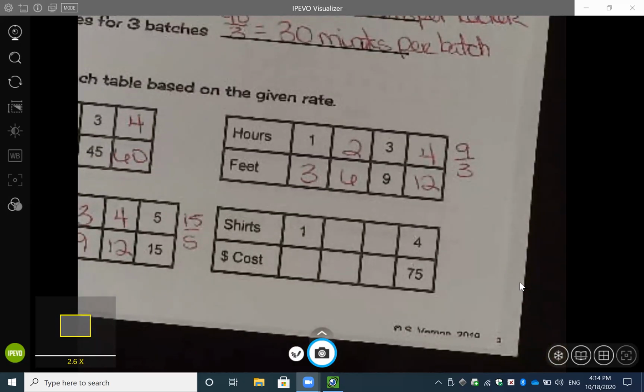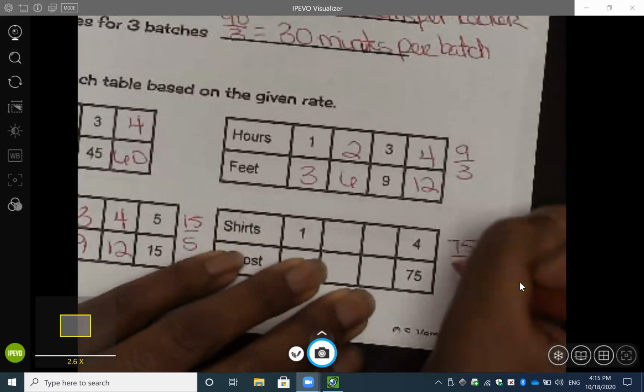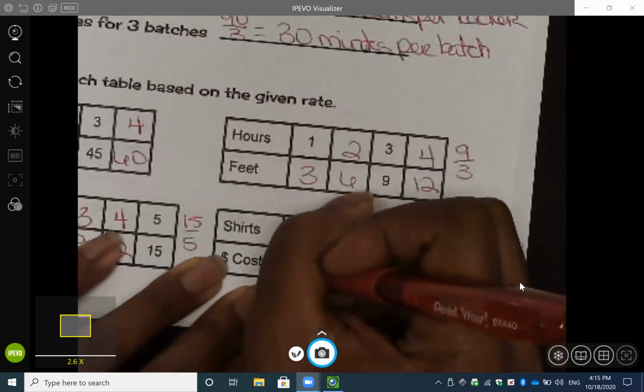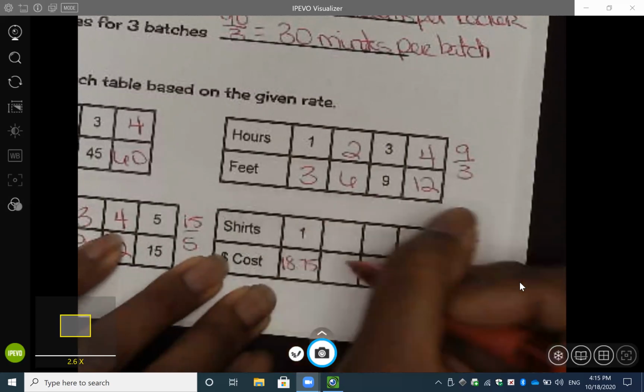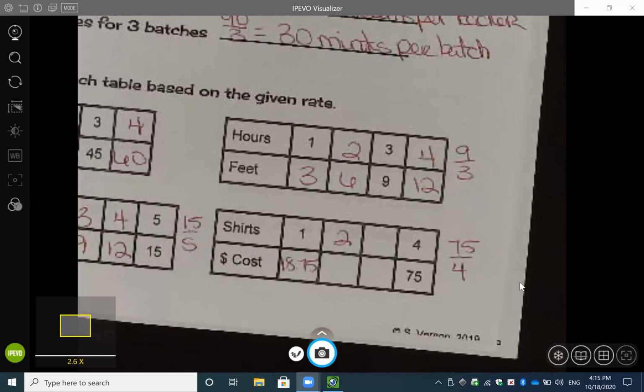Next, we have the cost of our shirts. So we're going to do 75 divided by 4, which is $18.75. So if one shirt is $18.75, if you buy 2 shirts, we're just going to multiply that by 2, and we're going to get